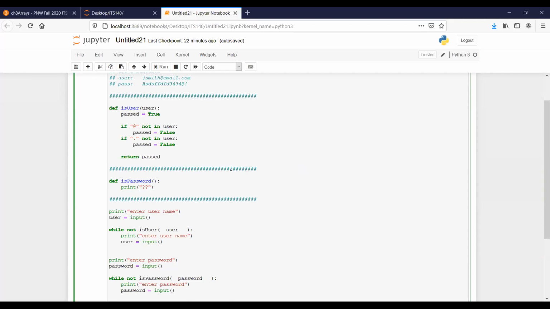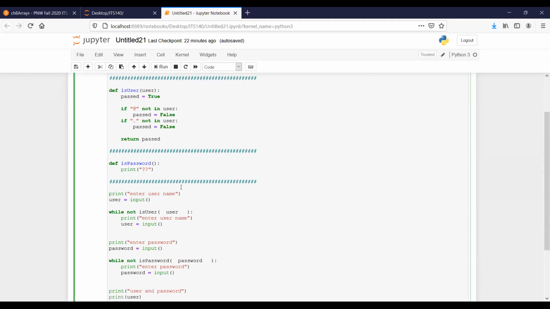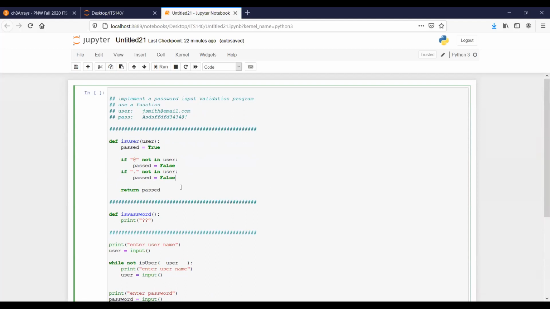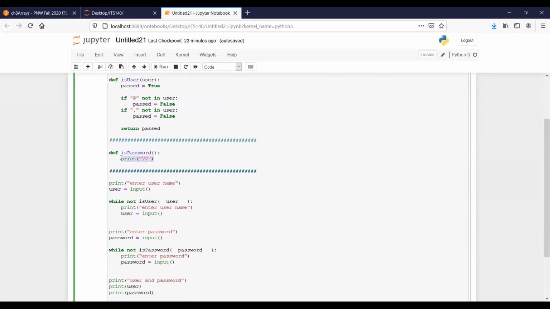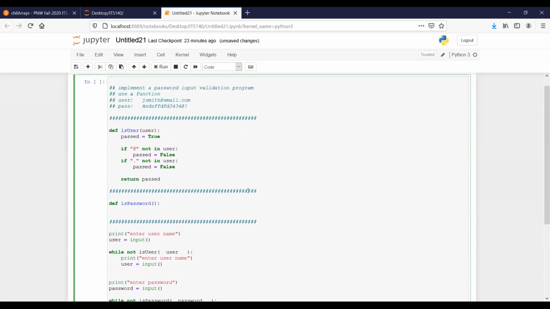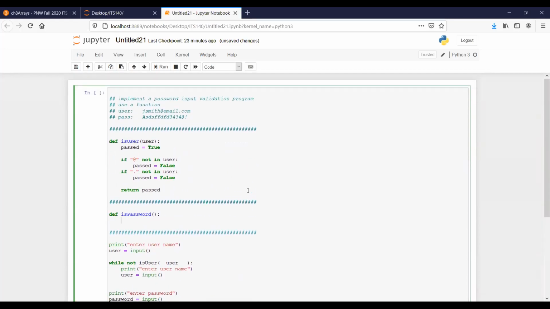All right, so that's for user. Now let's try password. For password, the first character needs to be uppercase, and it has to have characters, numbers, and the @ sign and special characters. So that's a little bit harder to do, okay? So let's think about it, but it's gonna be the same logic. For the @ sign, what I can do is pass equal true,